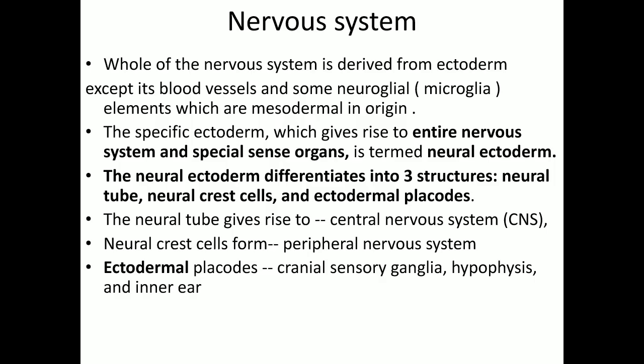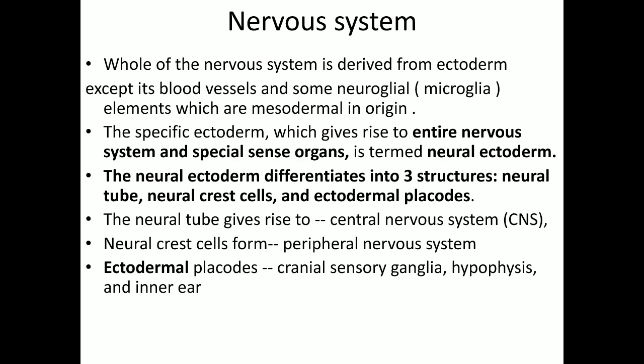Today the topic of the class is development of nervous system. The nervous system is derived from ectoderm except blood vessels and some neuroglia like microglia, which are mesodermal in origin. And a specific type of ectoderm which gives rise to nervous system is called neuroectoderm or the neural ectoderm. This neuroectoderm will